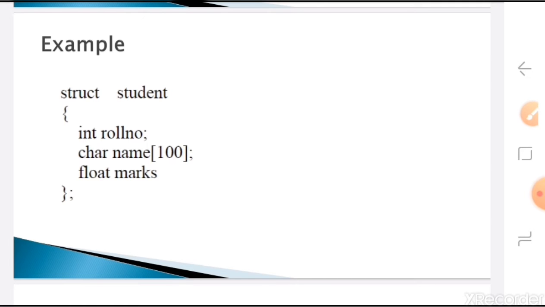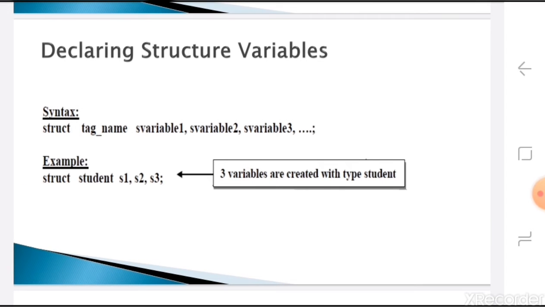For example, if you consider a date, it has day, it has month, it has year. Here day you can consider as a string, month you can consider as a number from 1 to 12, and year you can consider as one more integer number. Here we created our own structure, for which we gave the name student. Let us see how to declare these structure variables, and then how to access those variables.